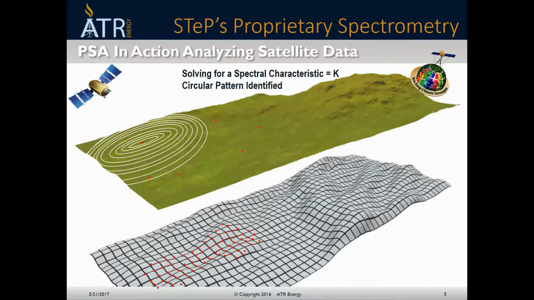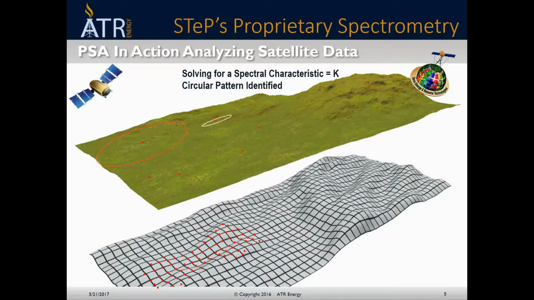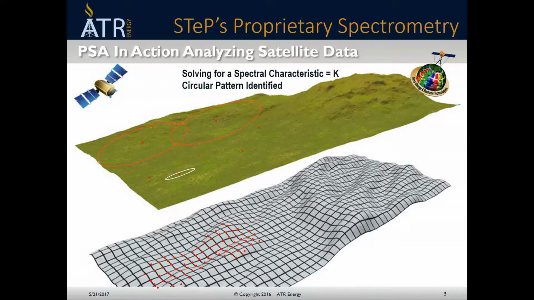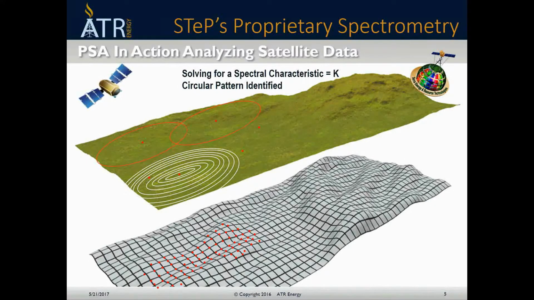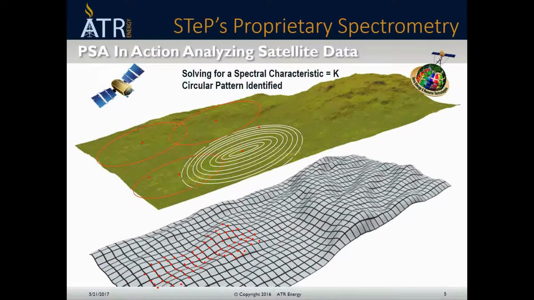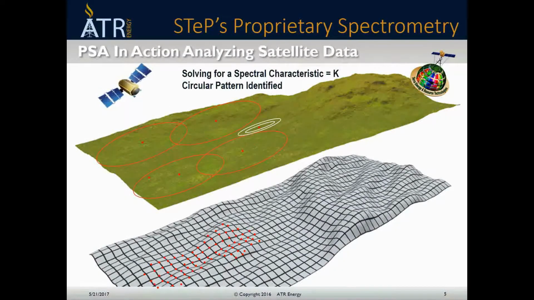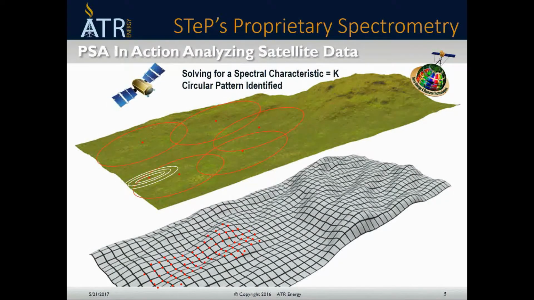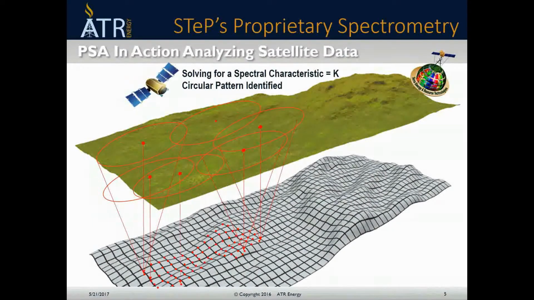The brilliant developers of proprietary spectrometry have confirmed several important findings. First, the edges of fluid-saturated zones produce circular patterns in satellite images. Second, oil, gas, and water each have unique and distinct circular patterns. And finally, the diameter of these circular patterns can accurately be used to calculate the depth of reservoirs. Think about that. By using PSA, you can find and distinguish oil and gas from water with reasonable confidence anywhere